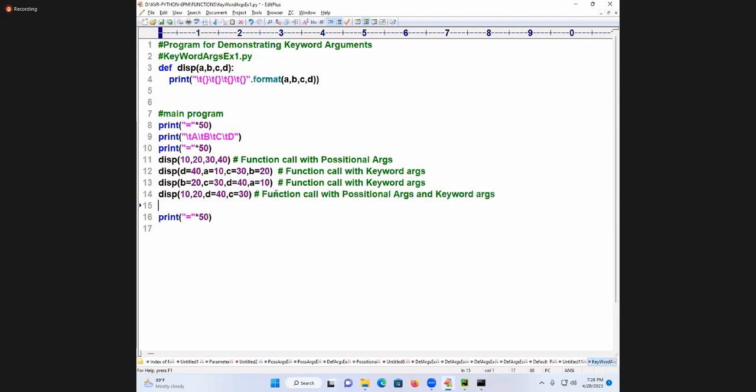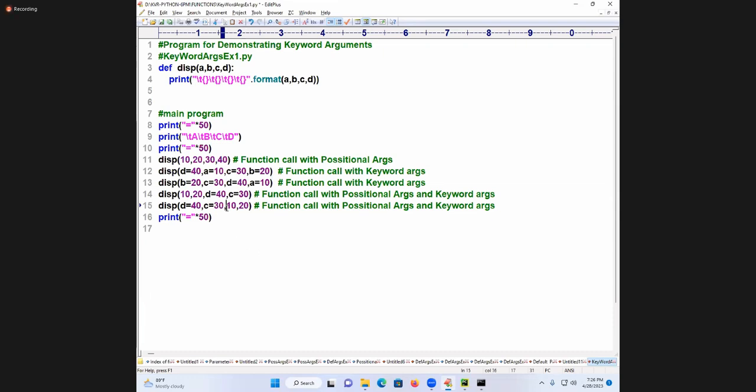Okay. Now see carefully. One more question I am asking. I am writing like this: 30, 40, and 10, 10, 20. Come on, answer. A is equal to 10, B is equal to 20, C and D going to the appropriate or not? Everybody will think like that only, but it is a wrong answer.